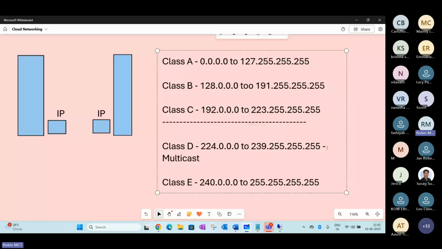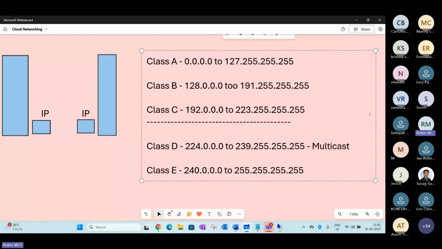So I'm just saying, if you are configuring any Azure resource, when you are the person who designs the IP schema for your organization, don't assign a class D because class D is globally recognized as a multicast IP address. Even class E we are not using because it is used for research or experimental purposes. So we are not using class E for assigning any resource because that's reserved for experimental or any kind of research you are doing.